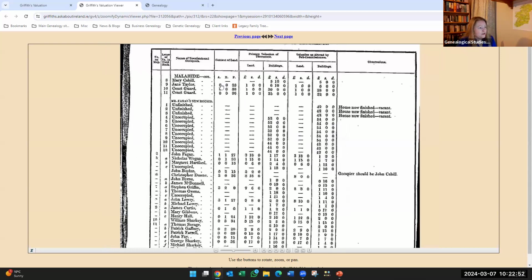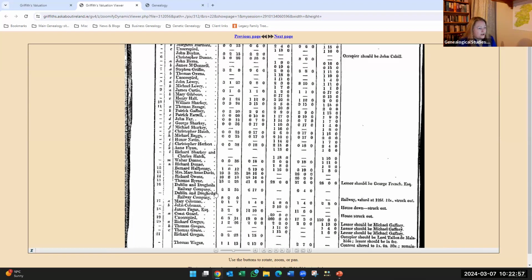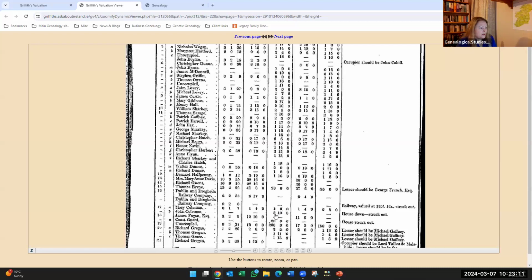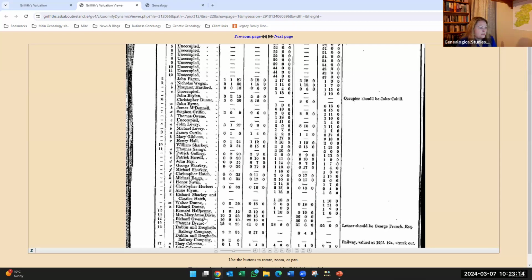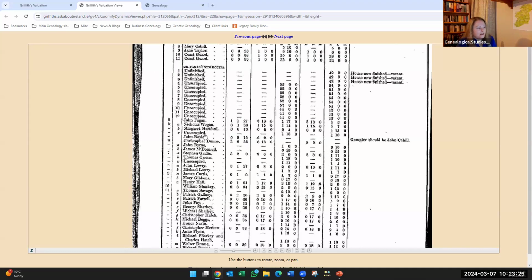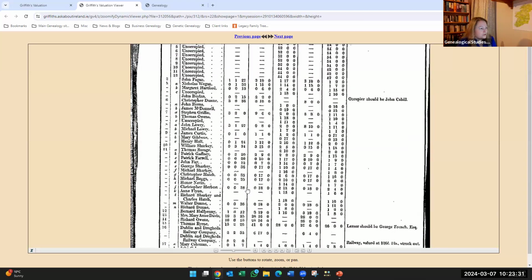And so this is the sort of list that you get when someone is in a town. I just want to show you down here, it says the Dublin and Drogheda Railway Company, which means that there's a railway in the town, but they're ignoring that because it's not relevant. And then there's also a Coast Guard there and a few other people. Just to note, there are some women. There's a Mrs. Mary Ann Davis, and then there's a Mary Gibbons. I don't know why she doesn't get Mrs. And there's a Margaret Hartford. So you can't be certain of a woman's marital status when she has no title, but usually the Mrs. denotes someone who's a widow, is what I find.